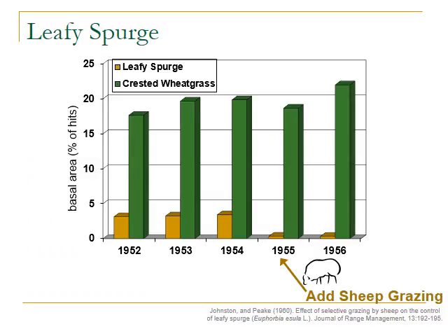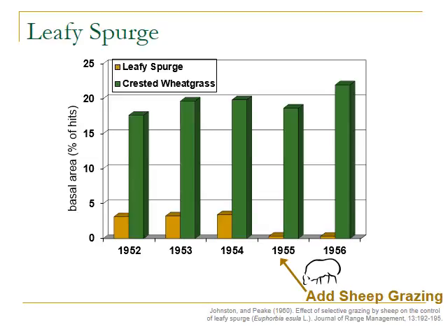Here was an interesting study that was done way back in the 50s. It was done in Canada and published in the Journal of Range Management. They were looking at using crested wheatgrass to try to suppress leafy spurge. And so they had a spurge patch and they planted it to crested wheatgrass. And you can see that in the first few years of the study, the crested wheatgrass, this is basal area, came in pretty well, and the leafy spurge was staying at a level somewhere below 5%, but it was not completely gone. So as part of the study, they decided to just see if sheep would eat the spurge,